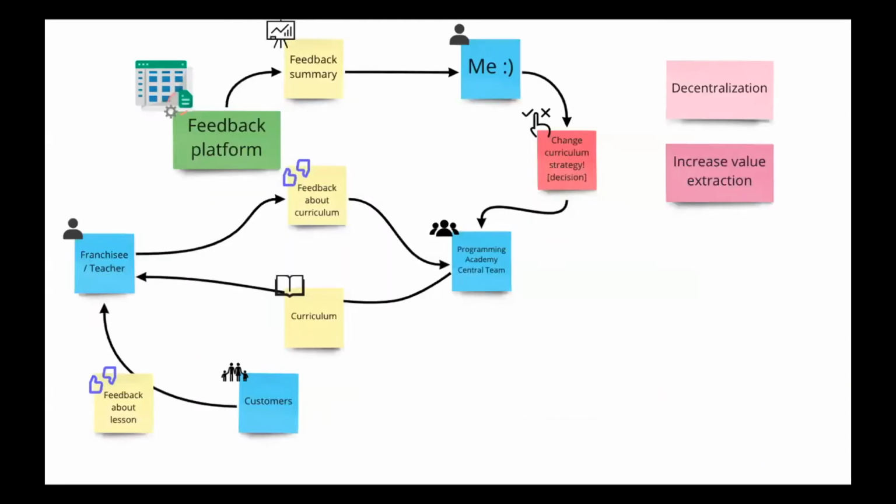And how we did that in our case, because the feedbacks were provided with terminology that we understood in the central team, we were able to better translate it into changes of the curriculum. We were able to understand the feedback. So the curriculum was better and better year after year, and it obviously increased customer satisfaction, and in the end,